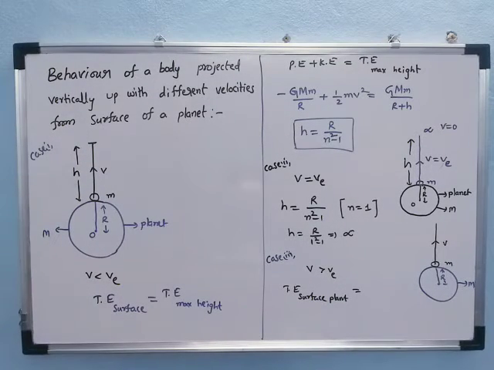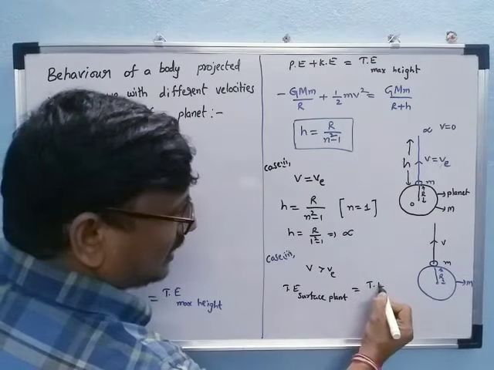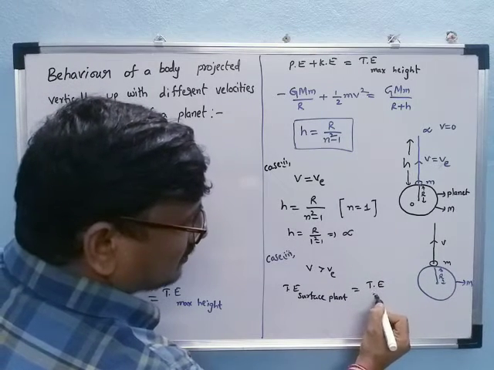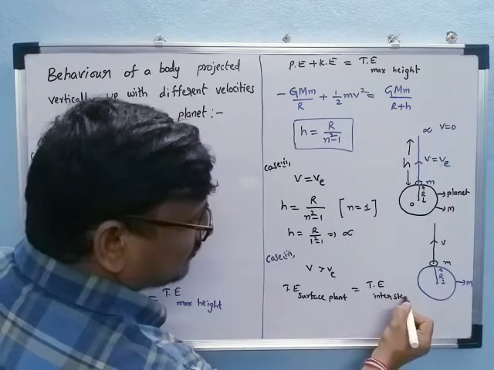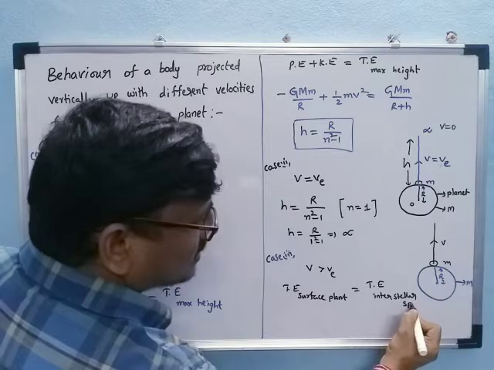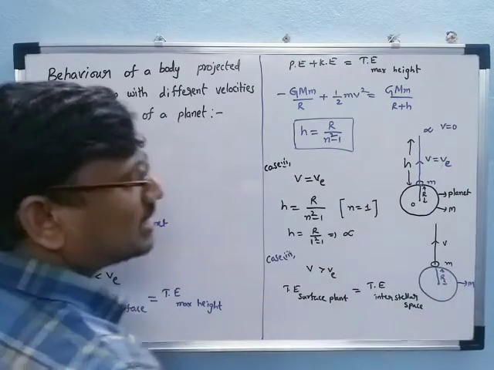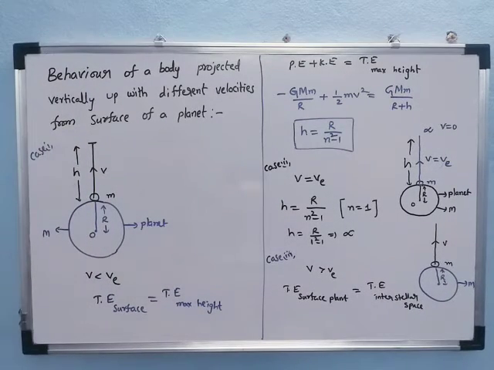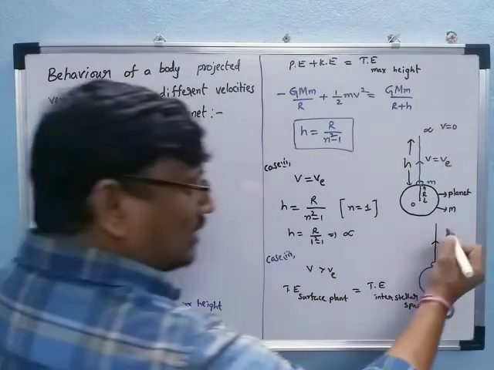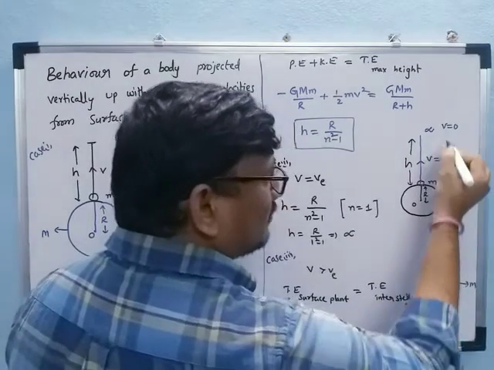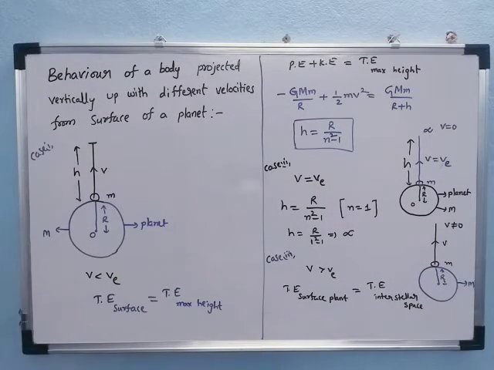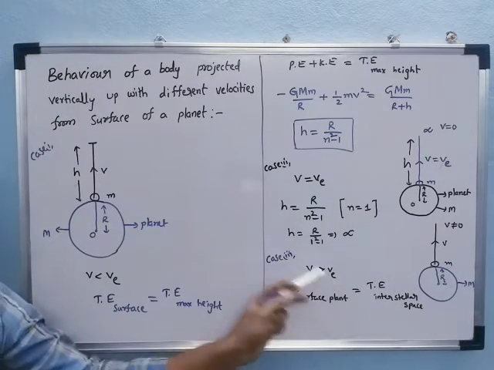the total energy in interstellar space, because it enters into space. At that time, when it enters into space, the final velocity is not equal to 0. Here the final velocity is not equal to 0, because it is moving with a velocity greater than